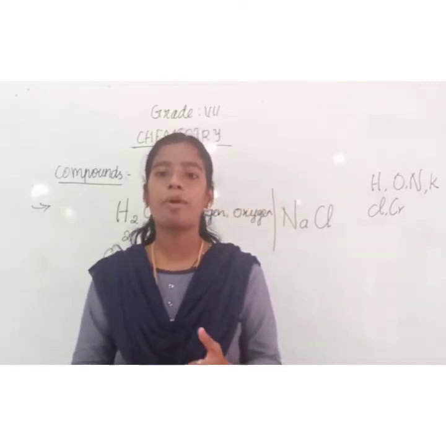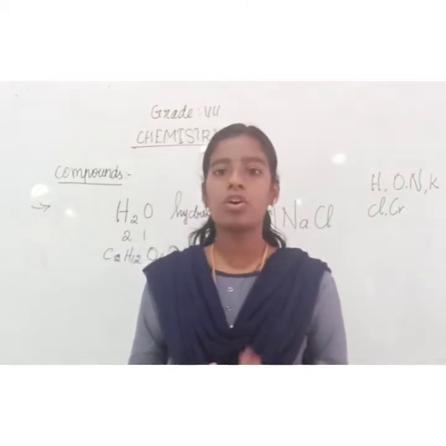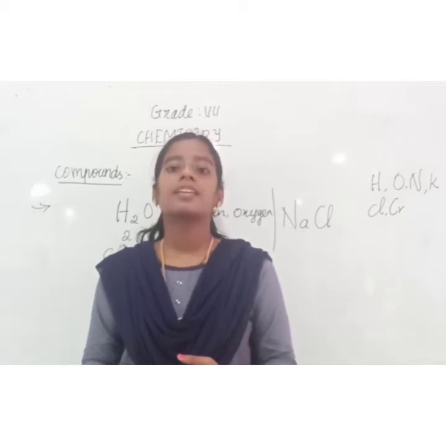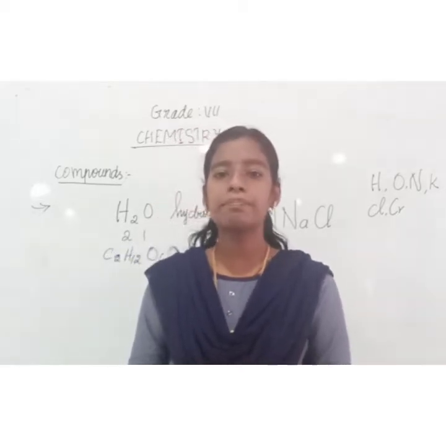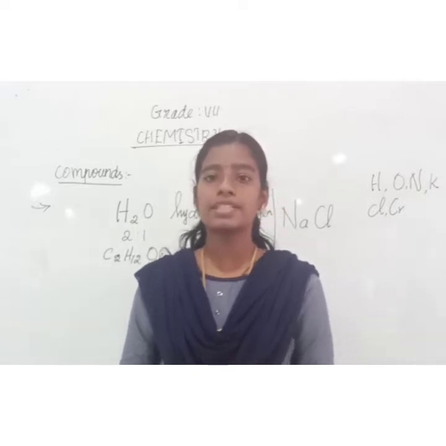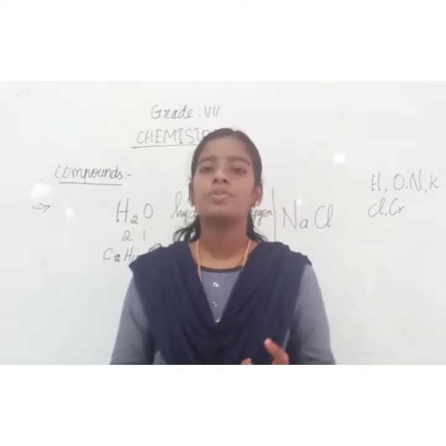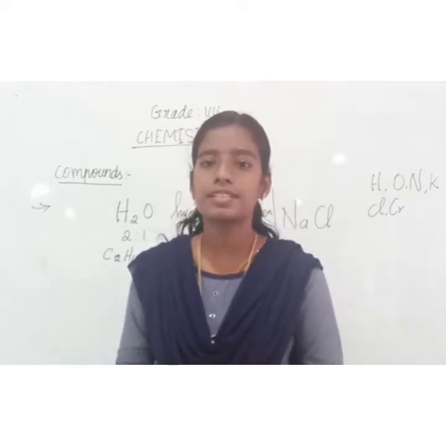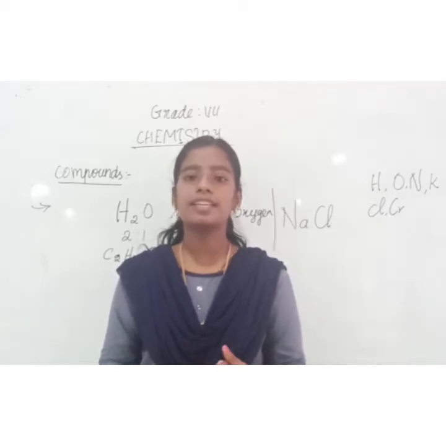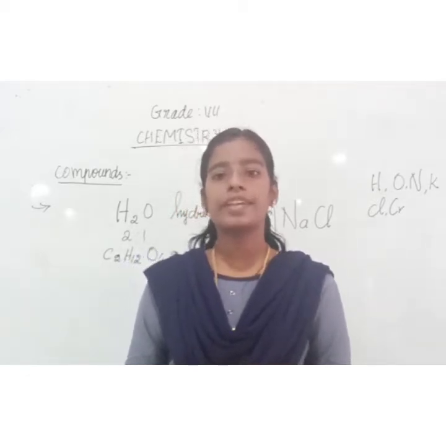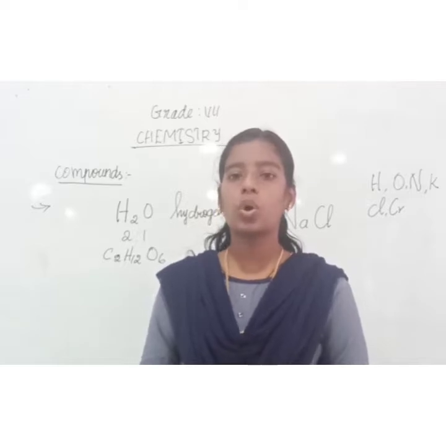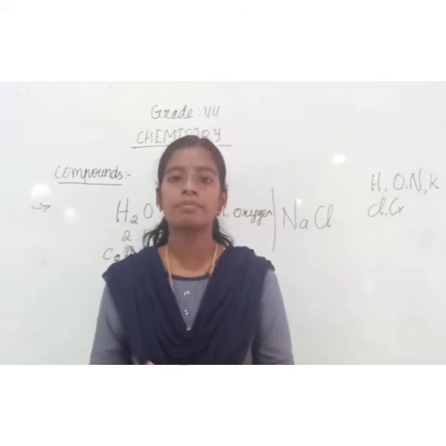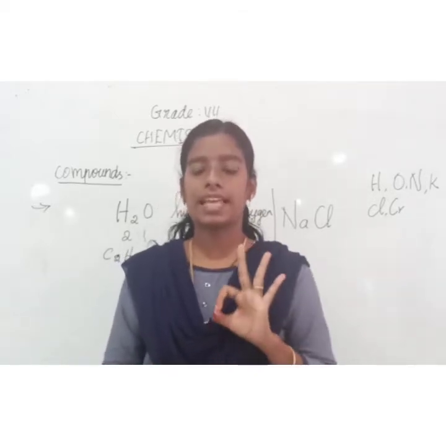Then what else do we need to know about these elements? How are these elements represented? These elements are represented as chemical symbols. We have learned about many symbols, right? What is the symbol for carbon? C. Symbol for hydrogen? H. Symbol for nitrogen? N. Chlorine? Cl. Based on this, the representation of symbols is divided into three types.